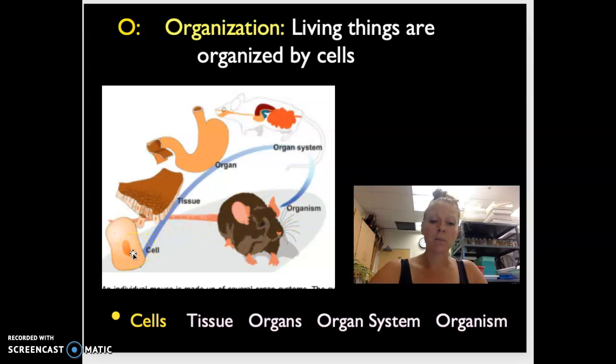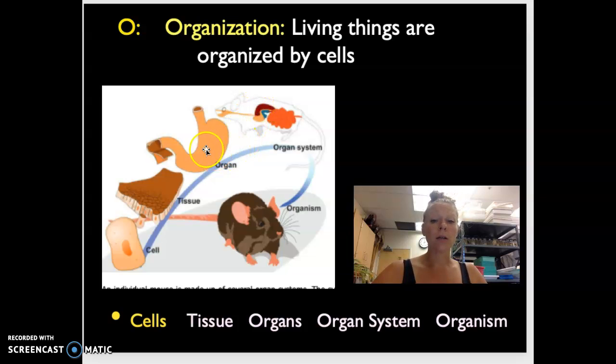But what does this mean? Let's say you have a bunch of cells, all skin cells, working together to protect your insides and keep the outside world from getting in, acting like skin. Then you have skin tissue. And if you have a couple of different types of tissue, let's say muscle tissue and skin tissue, all working together towards a function of digestion, then you have an organ, and that organ is the stomach. But this organ is part of a bigger picture, an organ system, the digestive system.